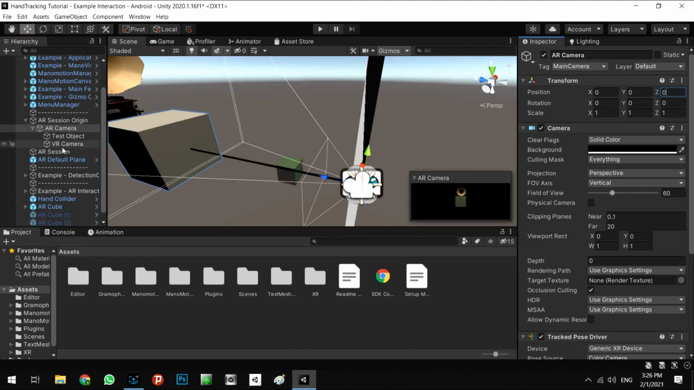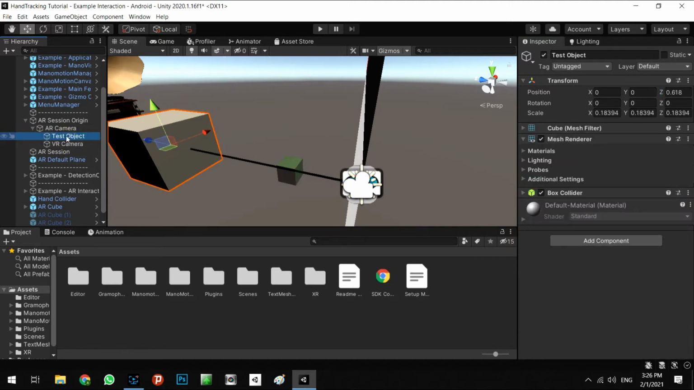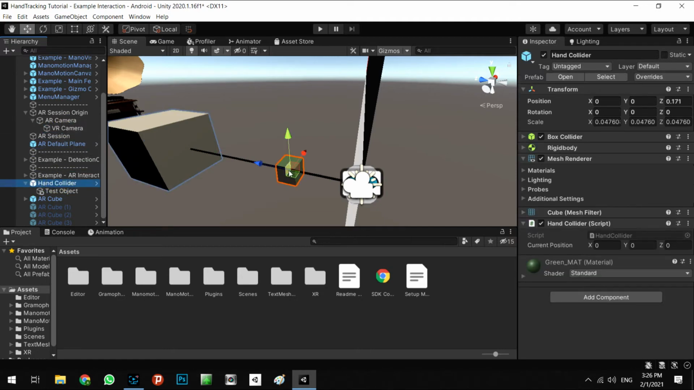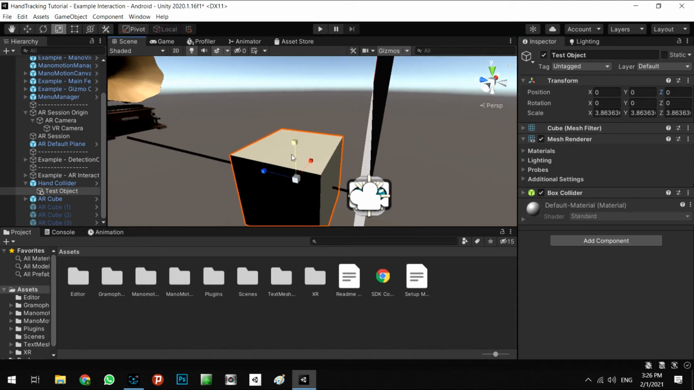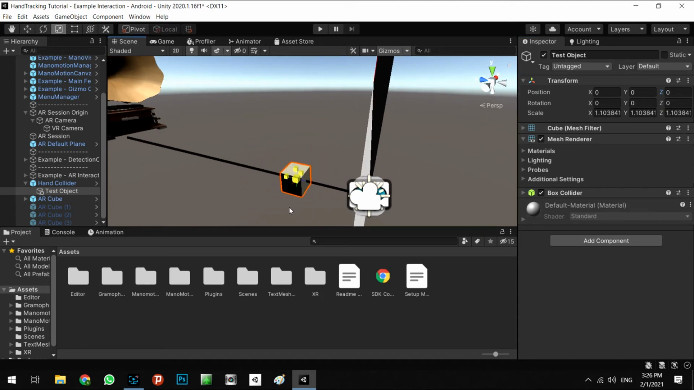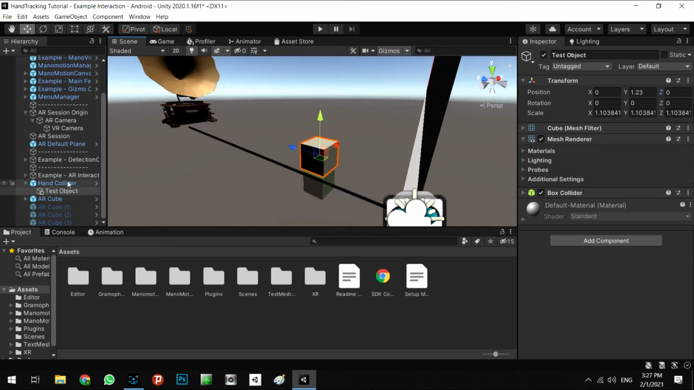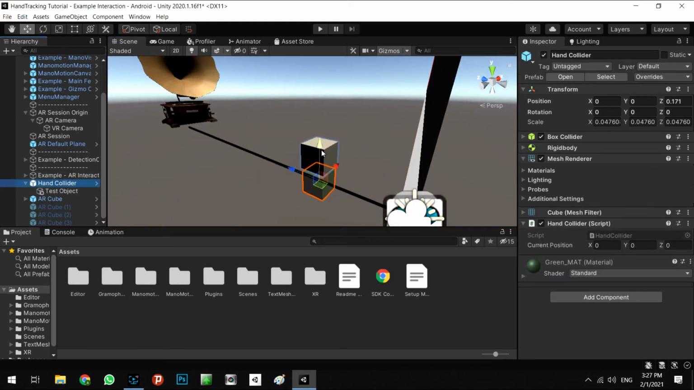And the thing I want is to put the test object as a child of the hand collider. The hand collider, this green cube, as you know, is the icon of our hand in the 3D space. So it's better to be here, a little bit smaller, something like this. When we move our hand, the cube moves with it as well. Alright,